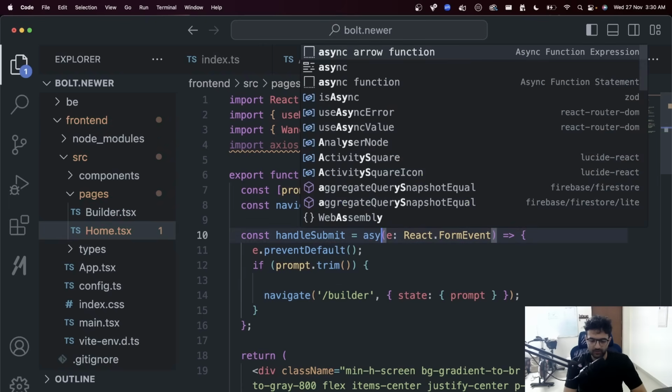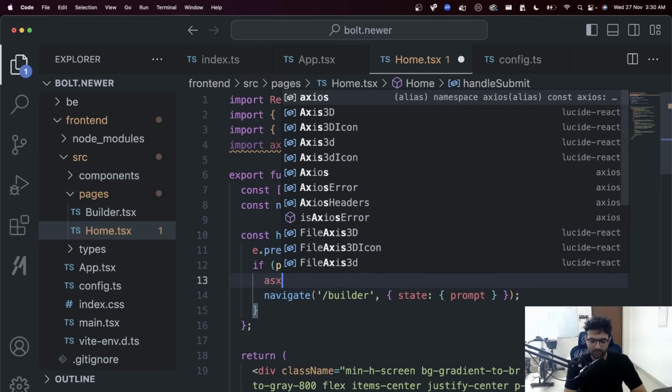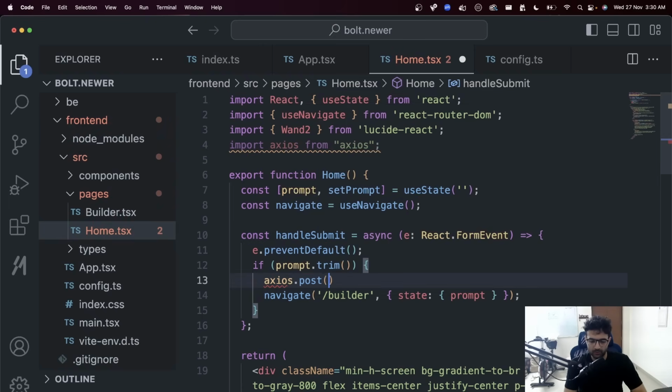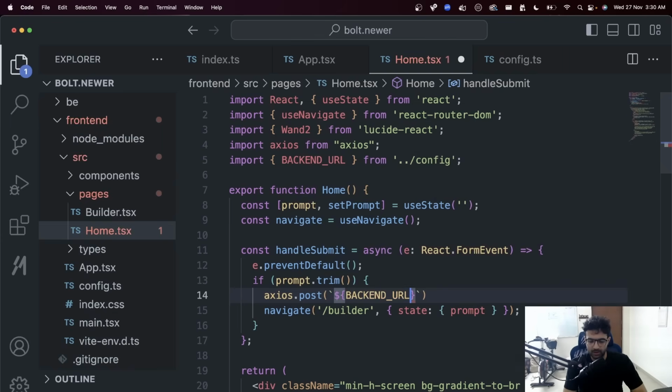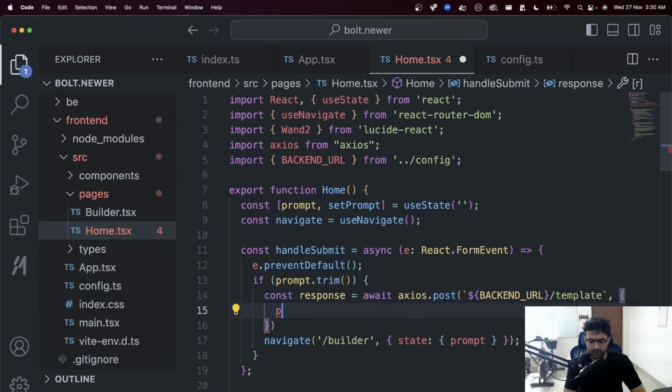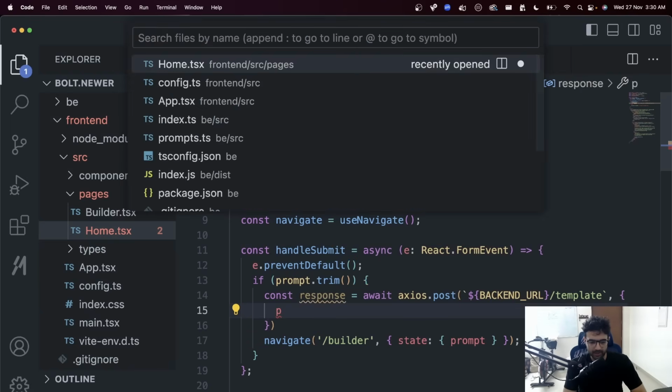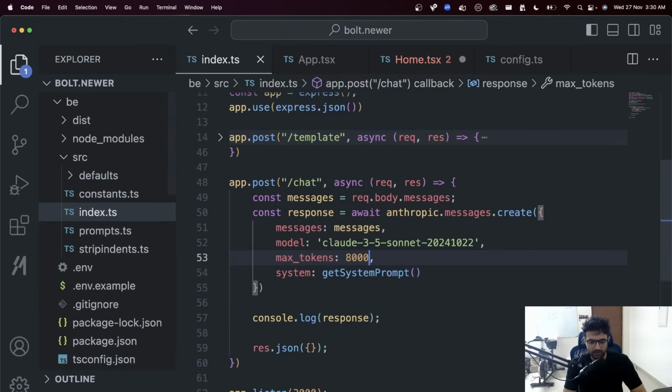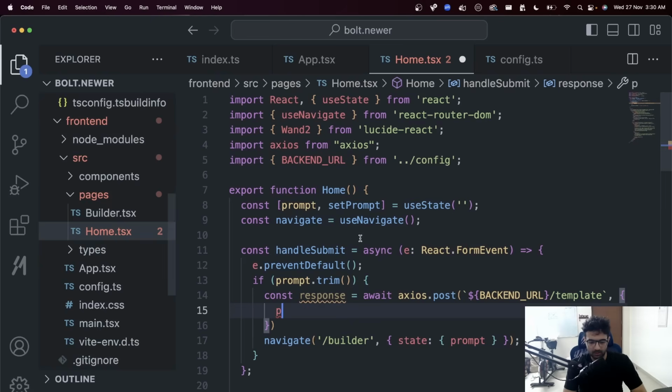Let's make this an async function and write axios.post to the backend endpoint slash template, const response equal to await this and send the prompt inside. I don't know what the backend expected. This is why you need TRPC, but the backend expects message. So prompt.trim,